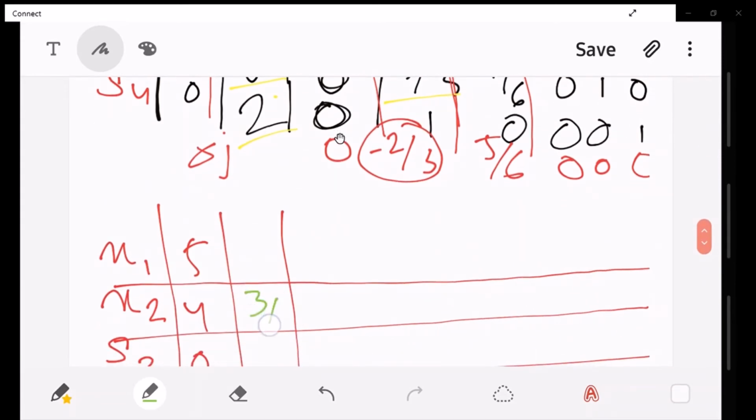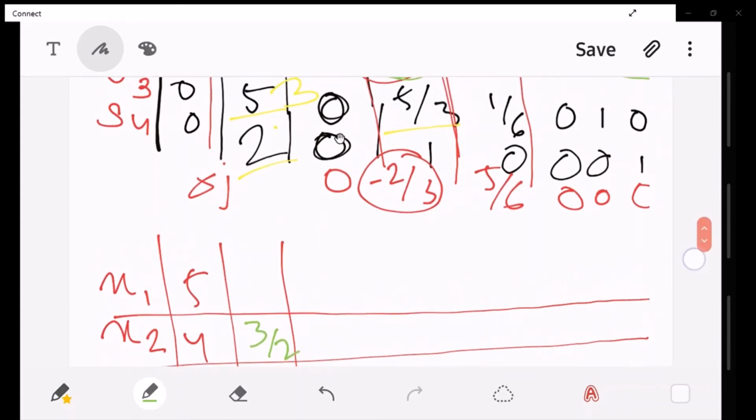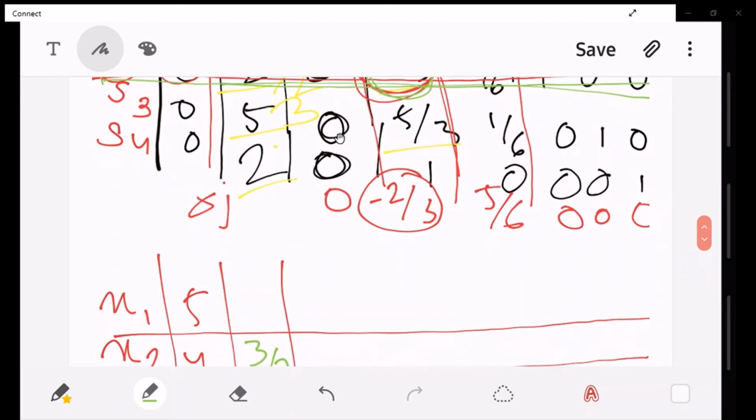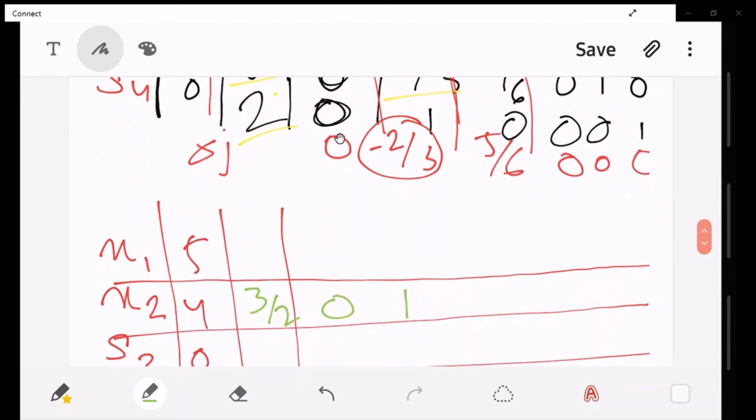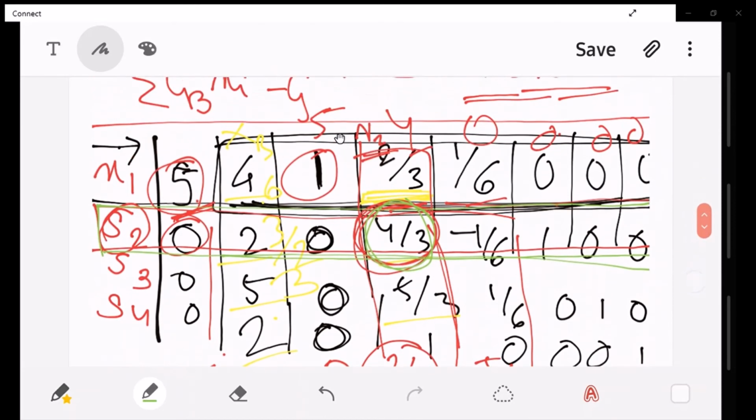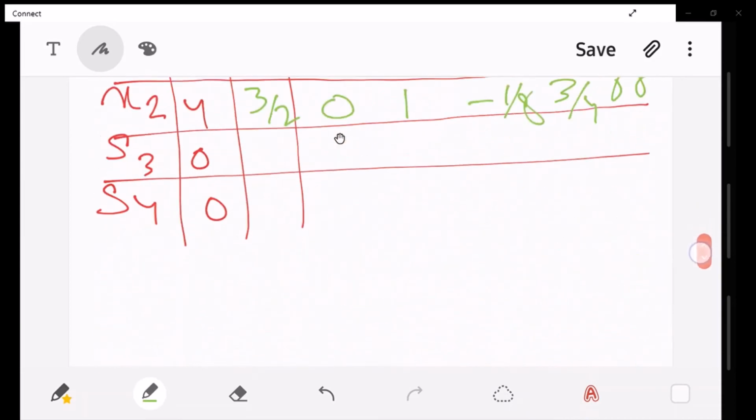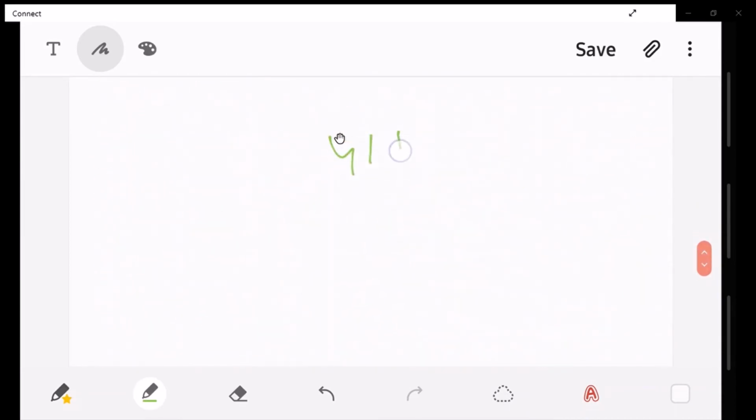So here it is 3 by 2, and then it is 0, 1, 0, 1, minus 1 by 8, then 3 by 4, and then zeros. Then for the other rows we need to write these values, that is 4, 1, 2 by 3, 1 by 6, and then all zeros,